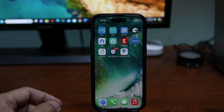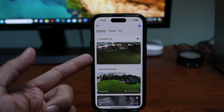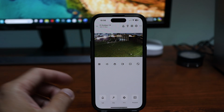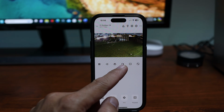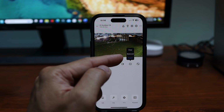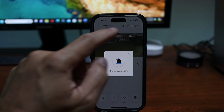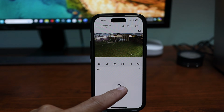Let's check these settings in the app. Open up the Reolink app and you will see the recent snapshot from the camera. Click on it to get to live view, which loads up pretty quick. In here you can pause, listen, snapshot, or record the live view, change the live view's quality, clear, balanced, or fluent, and expand the live view. You can manually trigger the siren, turn on the spotlights, which are already on,